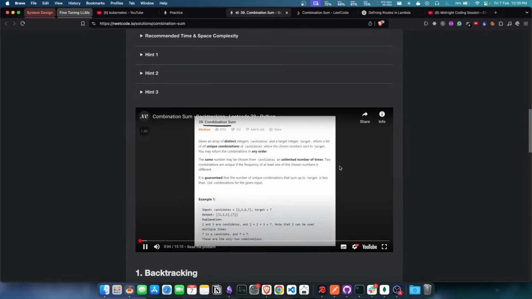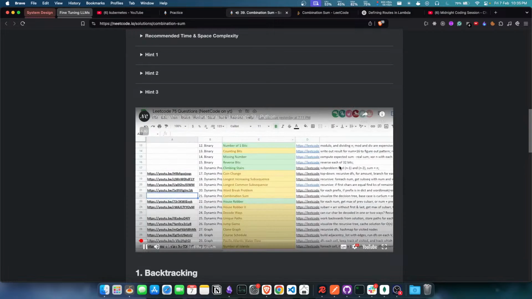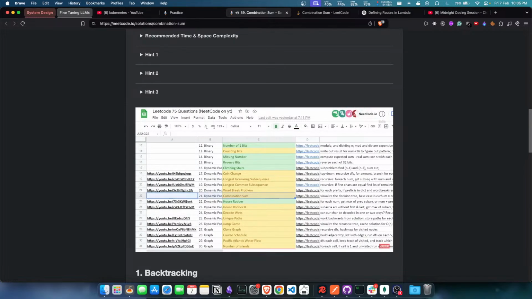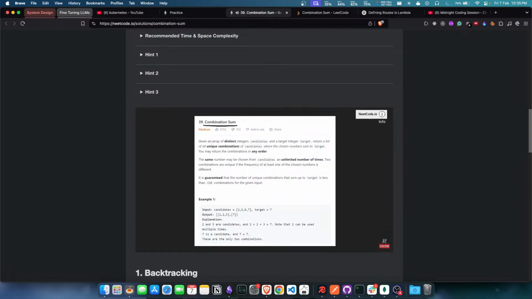So today let's solve combination sum, and this is another problem from that Blind 75 list. The link will be in the description, so we are doing one more problem and have very few problems from this list remaining. So we're given an array of distinct integers called candidates, and we're given a target integer called target,